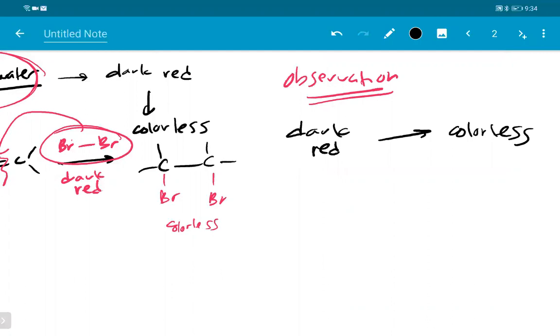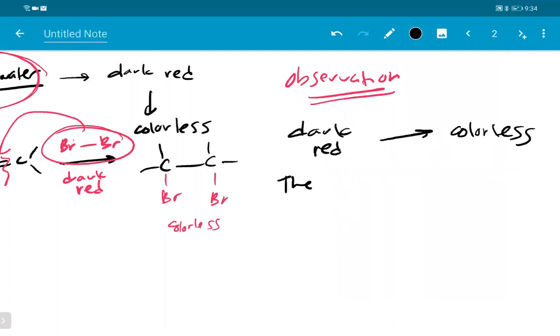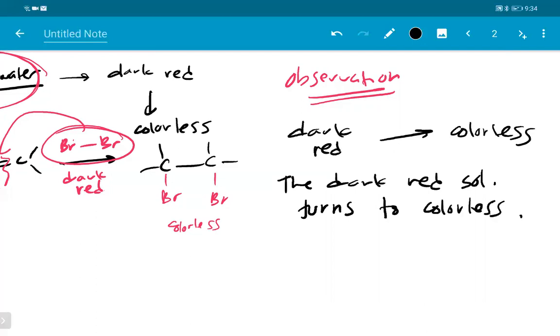Make a complete sentence. Alright, for instance, the dark red solution or mixture turns to colorless. 1, 2, 3, 4, 5, 6, 7. Hanya 7 perkataan